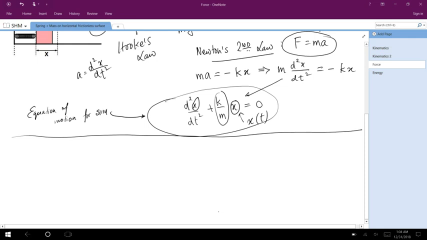Okay, so in order to find a solution to this differential equation, it makes sense that if we find a function x, which when we take two time derivatives looks sort of similar to the original function, then we will be able to solve this equation. So let's make an assumption. We will assume that x takes the form a times sine of omega t plus some delta. Okay, so this is just an assumption, and we will see if this assumption can let us